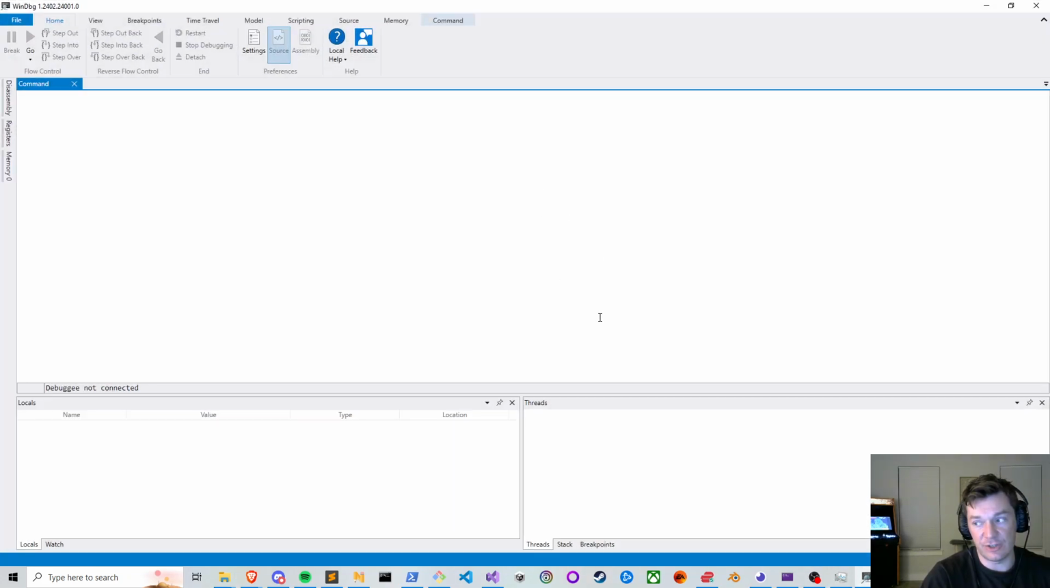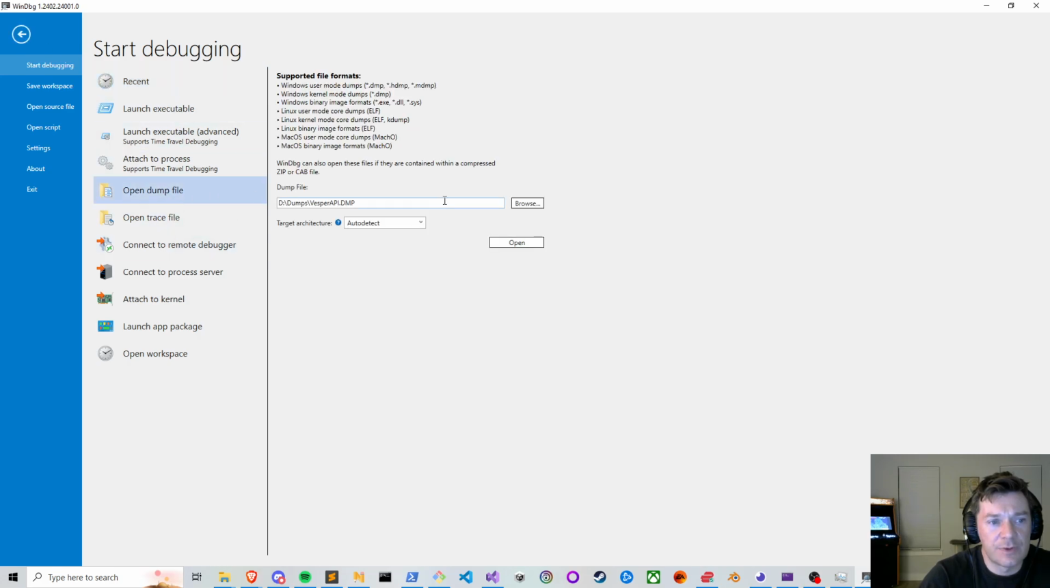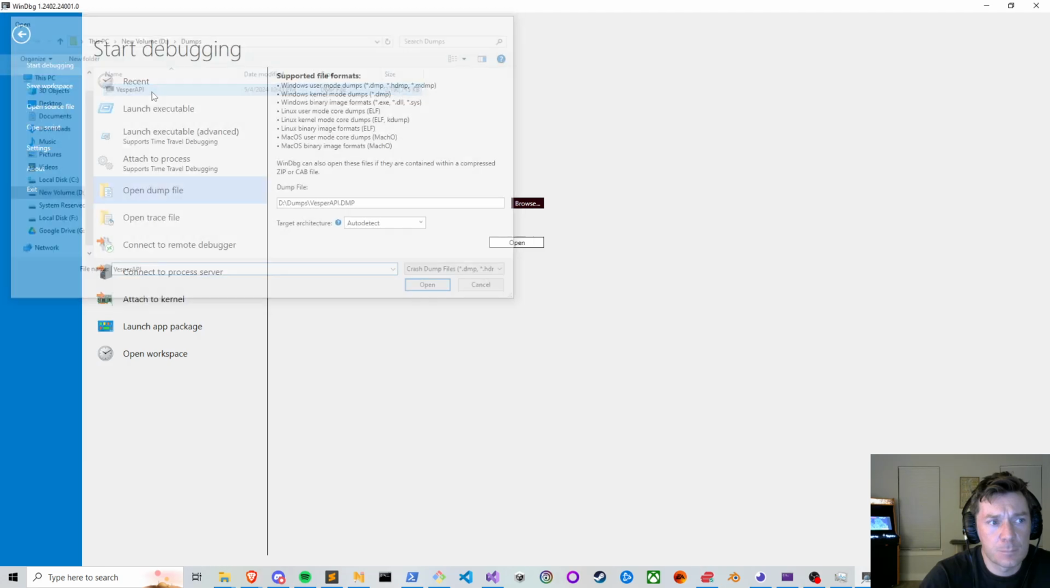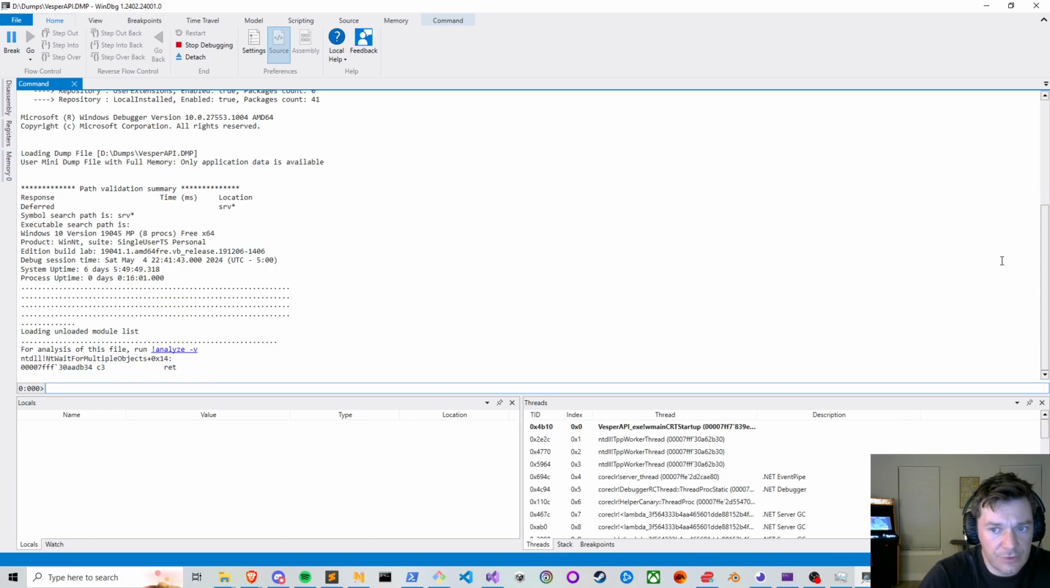let's open up WinDbg. You can also open up process dumps in Visual Studio. There's other debugging tools you can use. I'm just familiar with using WinDbg for this kind of thing. So once you're in here, you can open dump file. Okay, so once it's open,